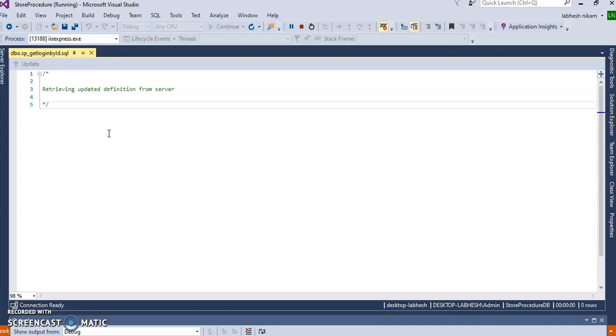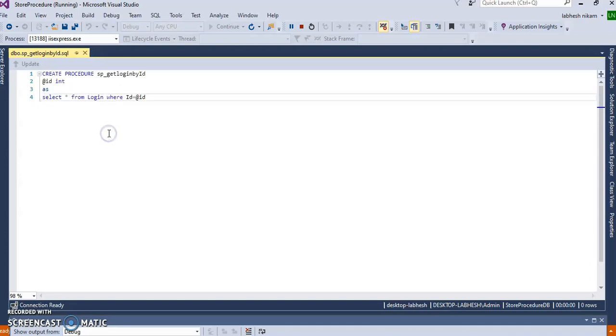The code is written like this: create procedure, procedure name sp get login by id, and I have passed one parameter @id, declared the data type, use the AS keyword, and select star from login where id equal to @id, meaning it will fetch the row data and display.